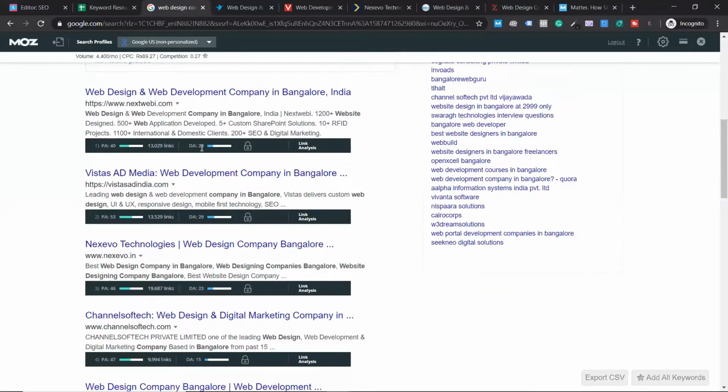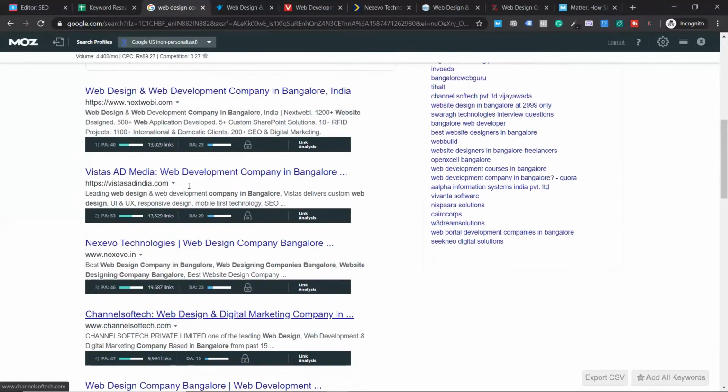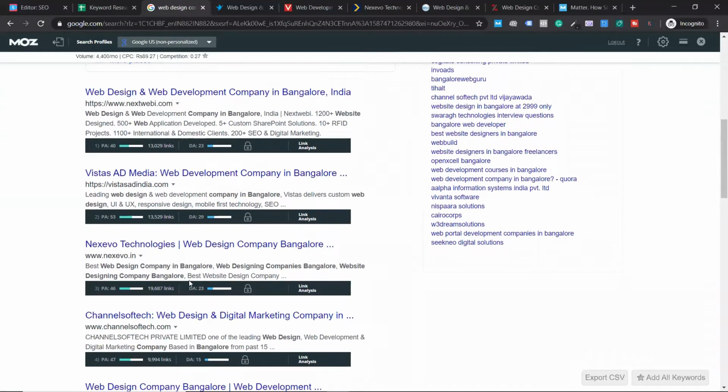So I'm going to copy this page authority and domain authority. Guys, now let me tell you what exactly I'm looking for here. I look for both things, page authority and domain authority also. But first, I see the domain authority. Whenever I see a domain authority of a company between 1 to 20, I say it's a low authoritative industry. I repeat, it's a low authoritative industry, which means it doesn't take that much time to rank.